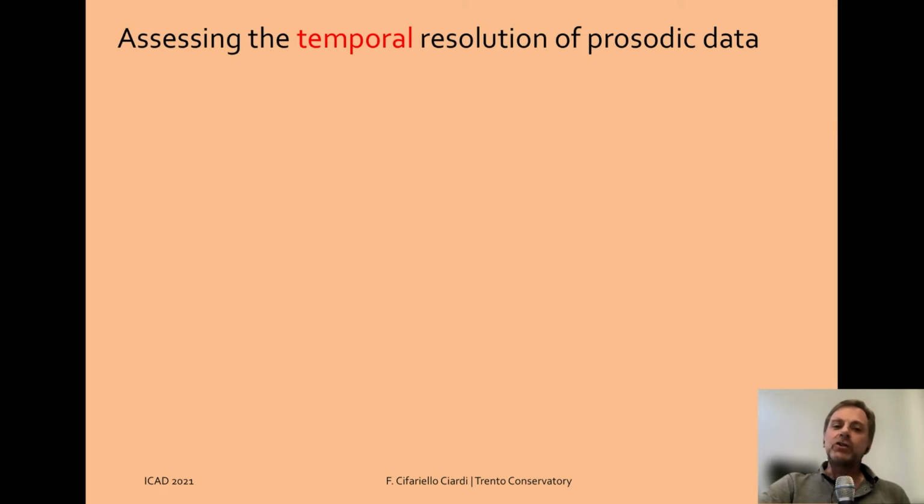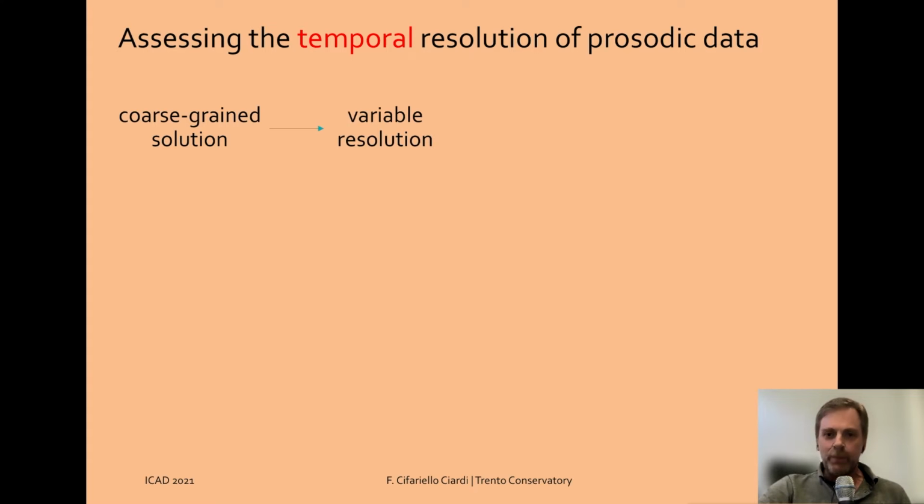On the temporal dimension, the prosodic information can be extracted considering different time scales. A coarse-grained solution is to segment the speech signal using a single cluster of partials per syllable. In this case, analysis frames are downsampled dynamically depending on the syllabic rate. More frames are used for rapidly changing segments and fewer for steady-state segments.